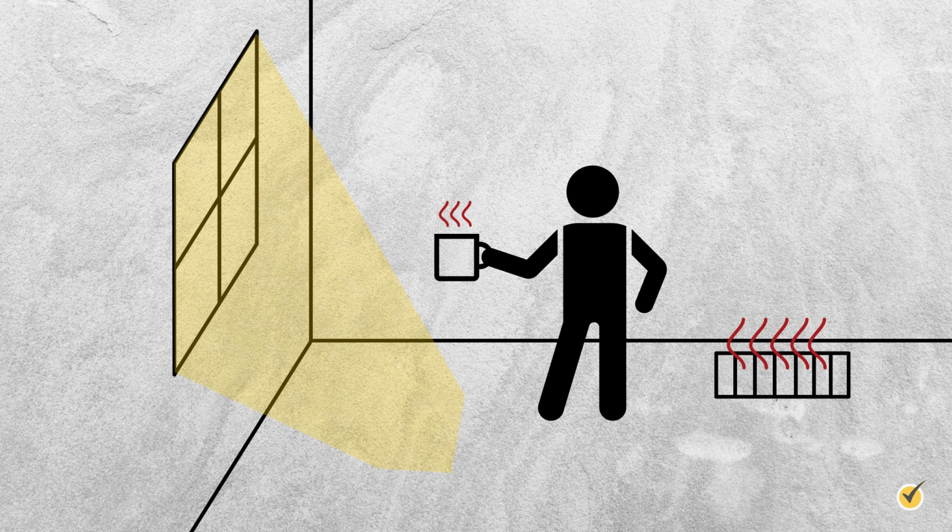Secondly, take a minute to observe this picture. Can you spot the 3 types of heat transfer happening here? For radiation, notice that the sunlight is coming in from the window, heating a patch of the carpet. If you take a look at the floor vent, you'll notice that hot air is blowing into the room, which would be forced convection. And lastly, the transfer of thermal energy from the hot coffee mug into the person's hand is an example of conduction.